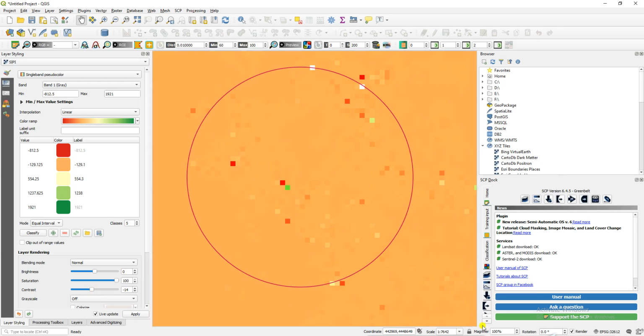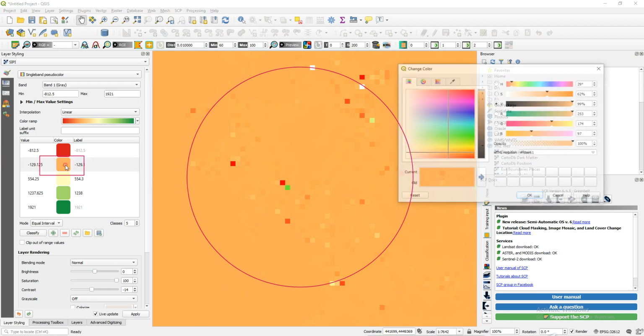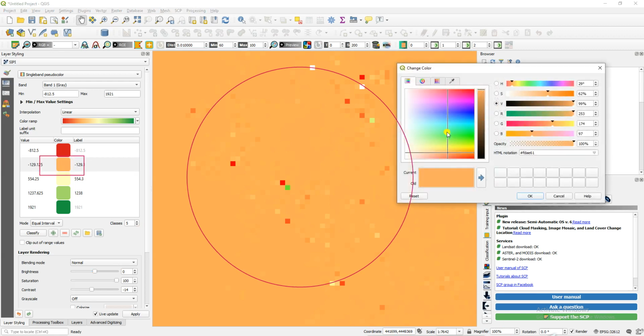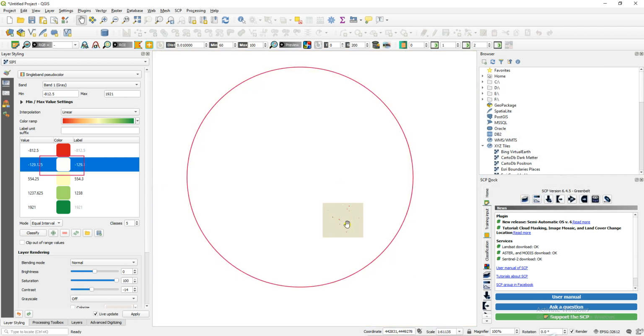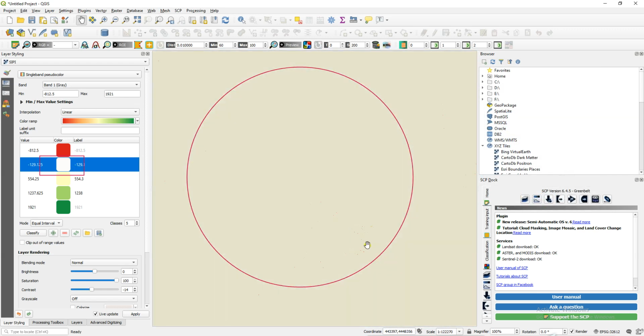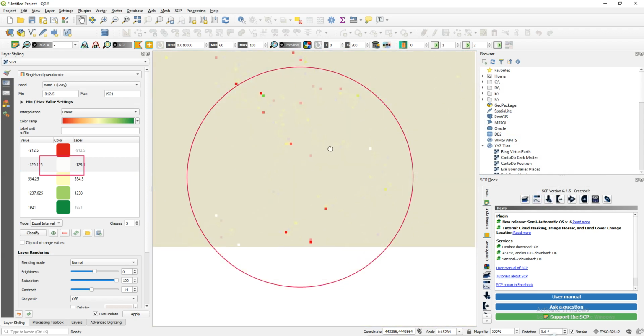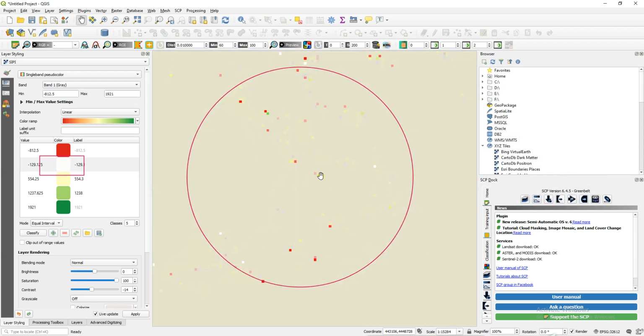Now we change this class color code. So we look at how exactly the background goes. We clear it, it is total white. So you can easily find the data using this. You can see here red is the indication of the Structure Insensitive Pigment Index for plant disease.